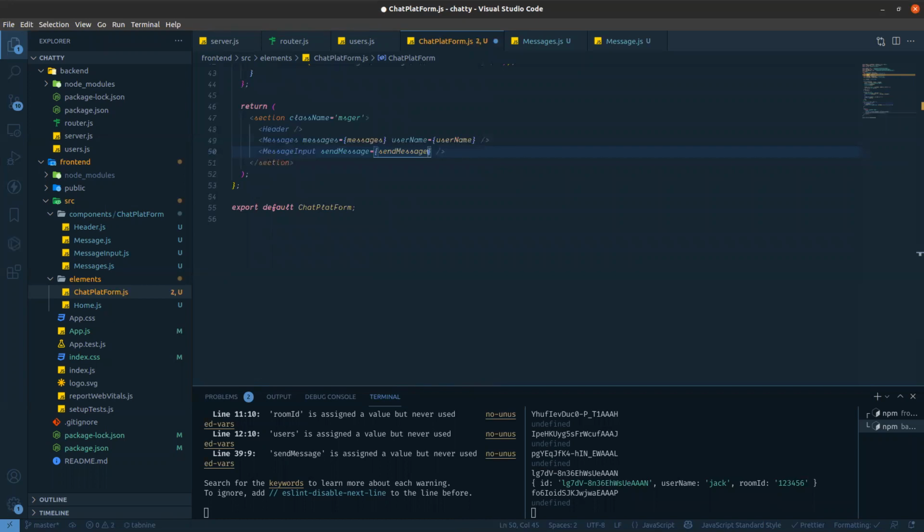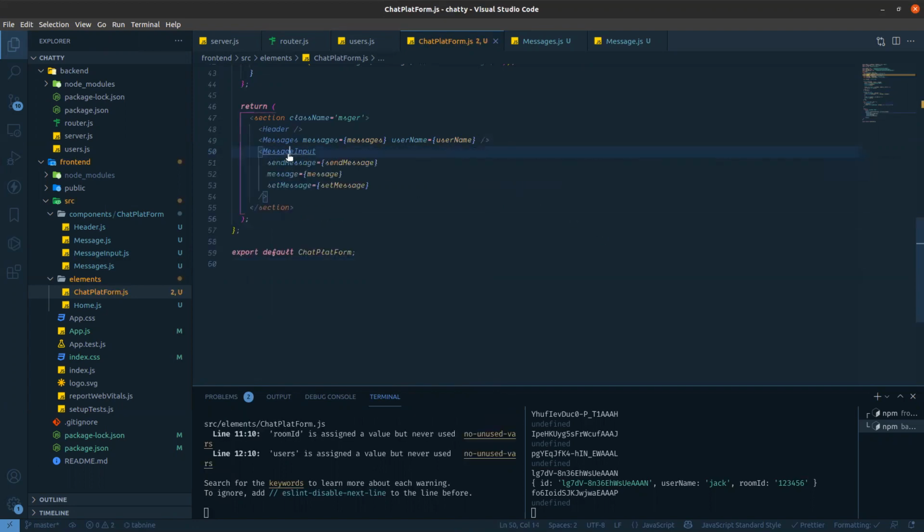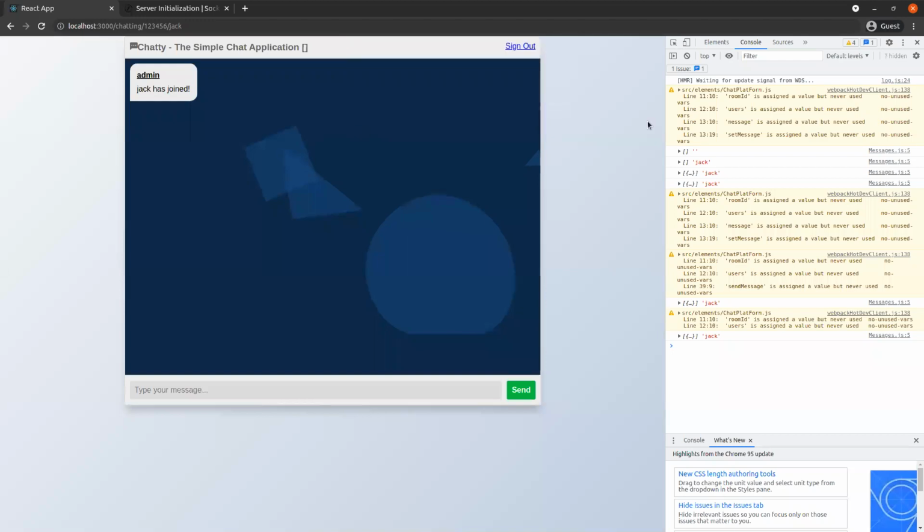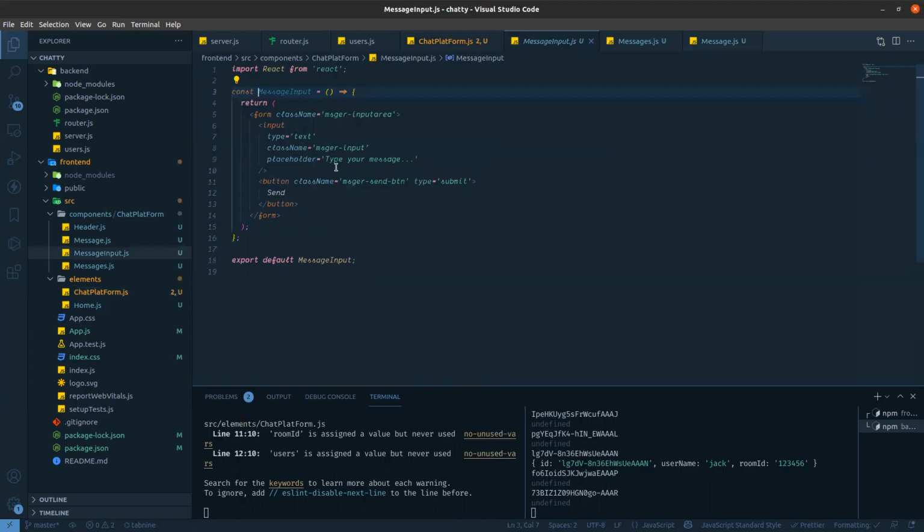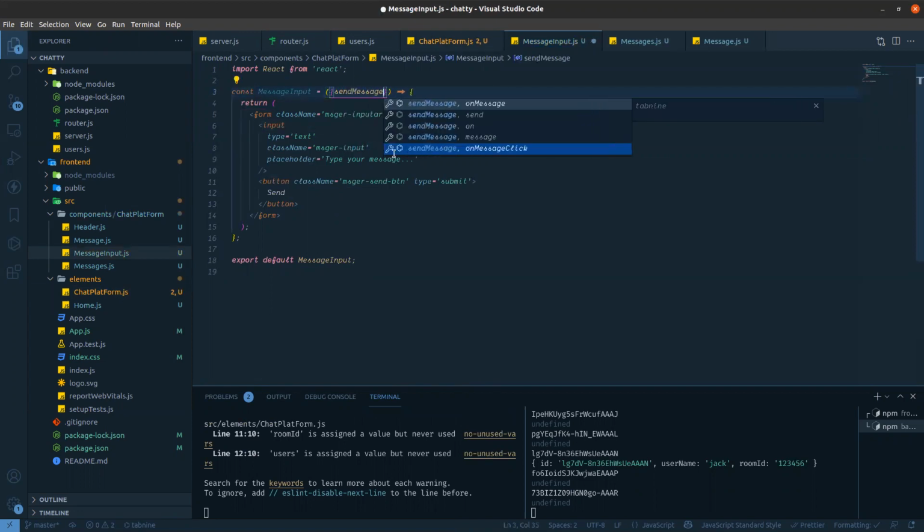With this, two more things will go: message and set message. Now go to the message input. Here you will get first the method, then the message state, then the set message state method.